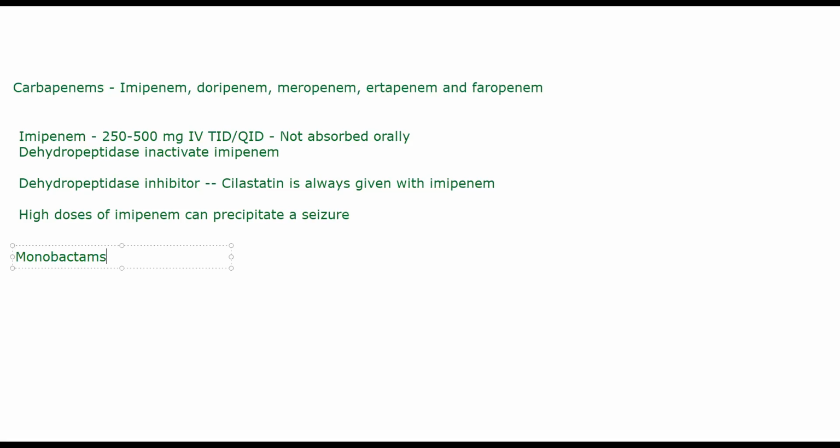Then we have monobactams. In your syllabus there is one particular monobactam drug, which is aztreonam. Aztreonam is a monocyclic beta lactam. They are called monobactams because they only have a single ring. Other beta lactams will have a beta lactam ring in their structure along with other rings. Monobactams are structures which will only have a single ring. Aztreonam is an example. It is very active against gram-negative bacilli, especially Pseudomonas aeruginosa, but ineffective against gram-positive organisms and anaerobes.